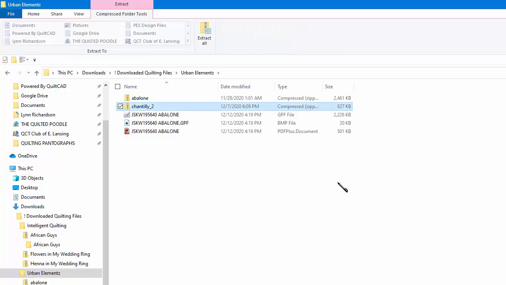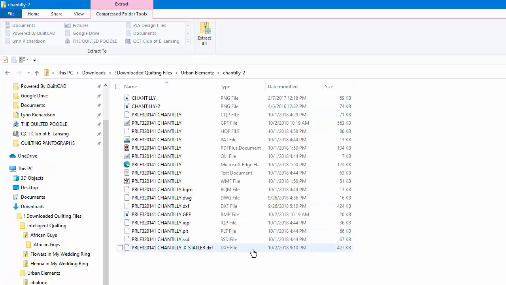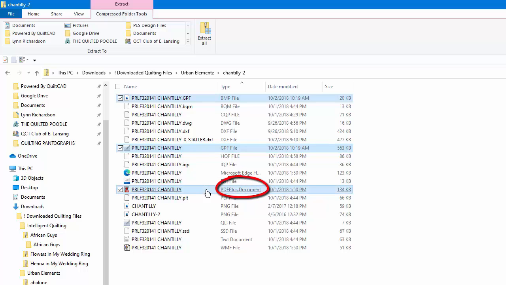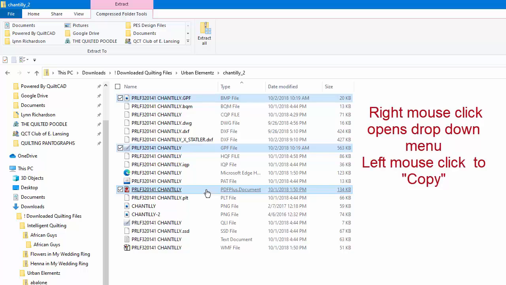So I'm going to go to my next zipped folder, left mouse click on Chantilly 2. It opens to show me what's present. I'm going to left mouse click on Type in order to alphabetize the files. And the first file I can see, holding my Control key down, is the BMP file, which I'm going to select. I will next select the GPF file. I will then select the PDF file as my picture file. Release my Control key, right mouse click,